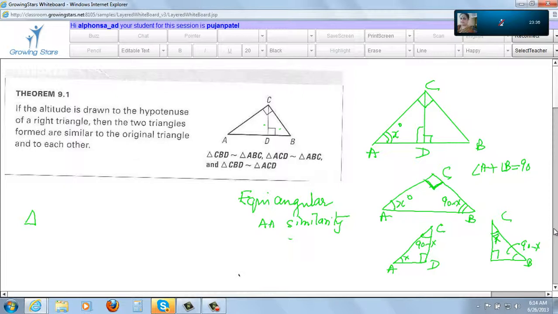Okay? So we'll start off with the full triangle, this one. We'll write this first. So it's ACB. Now can you tell me what will be the order of the vertices for this triangle? Look at the previous one, how we have gone. ACB would be x, 90, 90 minus x. So how would you write it in this triangle? ADC. Yeah, very good. So it's ADC.